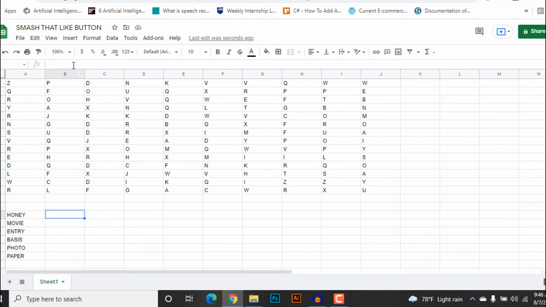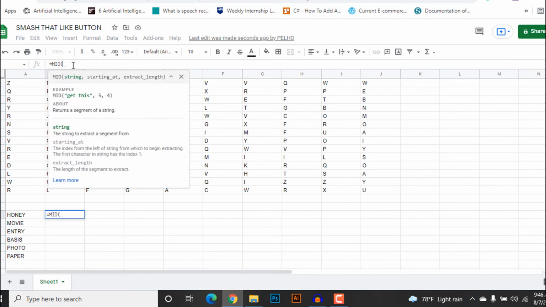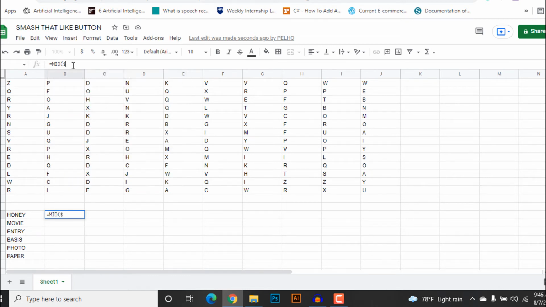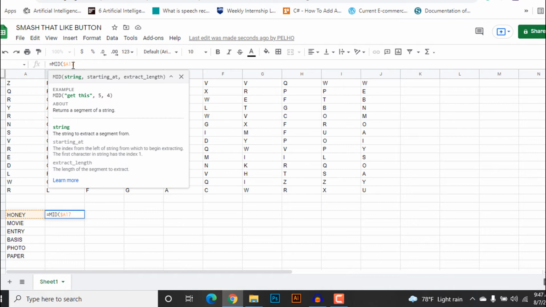So now what we are going to do is use a second function to distribute these characters on this column here. So what we are going to do is insert this second function. I will provide you this function in the description tab below, so you can simply copy and use this function according to your needs. First of all, let me insert the function and I will explain it to you.